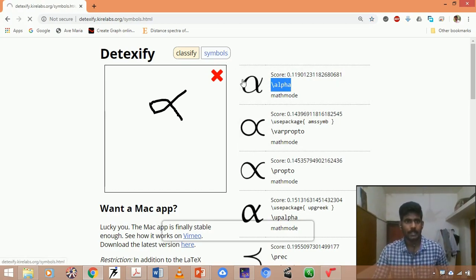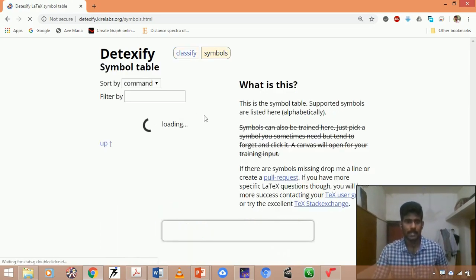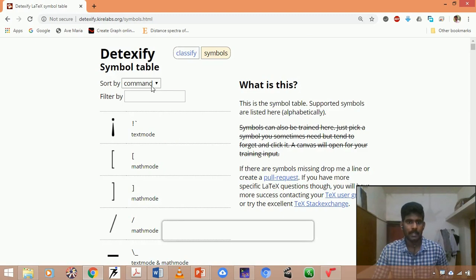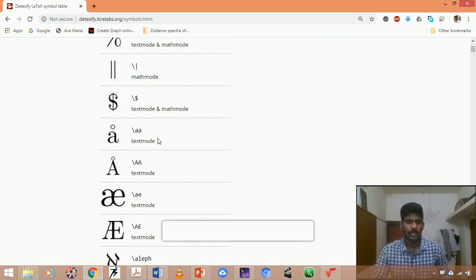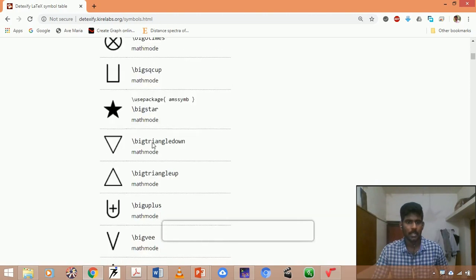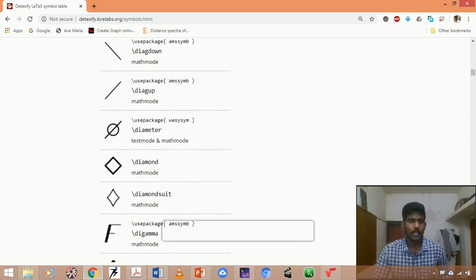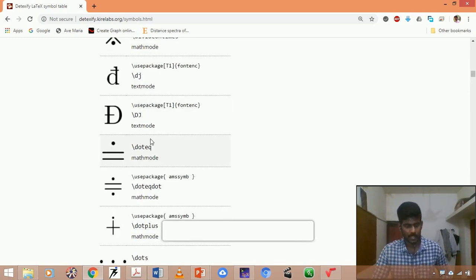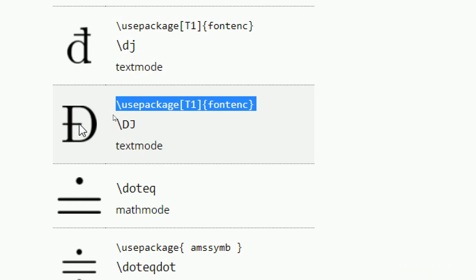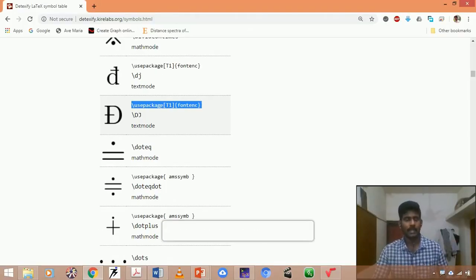One minute, I'll show the list of symbols. See, here they are listed, numerous collections of symbols, among which you can pick the required one. Simply copy it and paste it in your LaTeX. At the same time, they mention which package you are supposed to use for this particular symbol. You need to add the respective package in your TeX file also. So this is one way to insert symbols in your LaTeX.